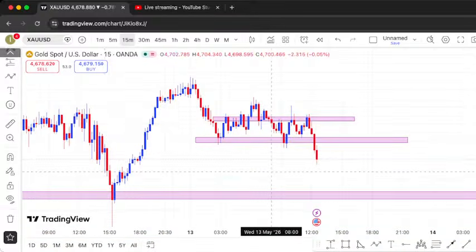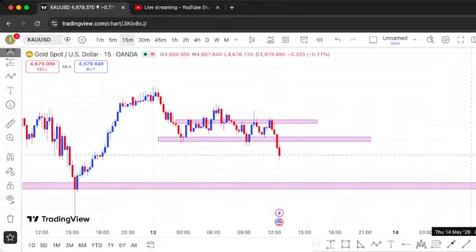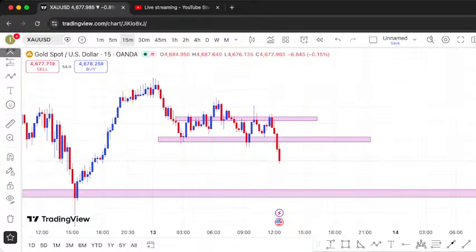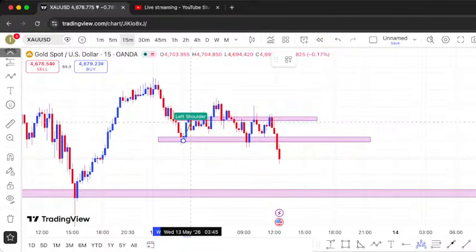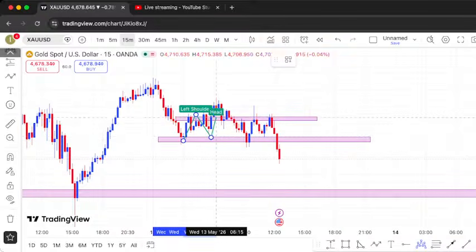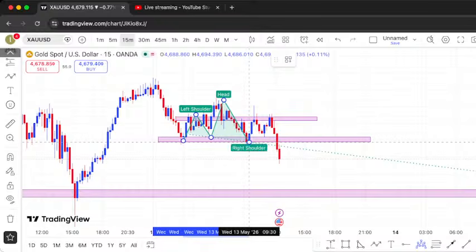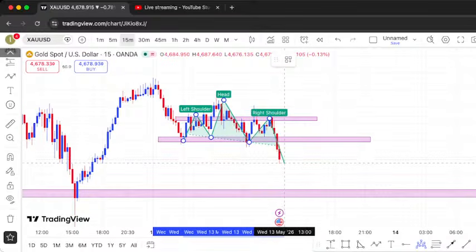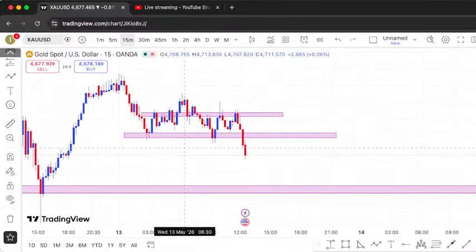So what should we see? We should see some very good bearish momentum, due to the head, left shoulder and right shoulder for a sell. If you use this type of tool, that's how the market looks: a head, left shoulder, right shoulder. That was a possible short position which played out to perfection, and the market has sold off very nicely. Now, where are we going to enter a trade?